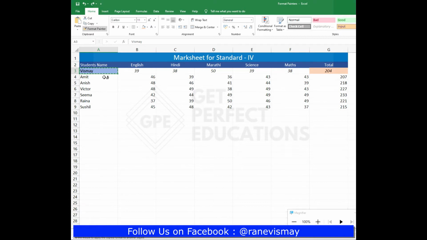So if I click on this Amit, the format gets pasted from the above cell, and Amit also looks exactly the same as the first student name, that is me, who is always at number 1. But what I want is to paste the same format from row number 5 to row number 9. In order to do that, you have to click format painter,